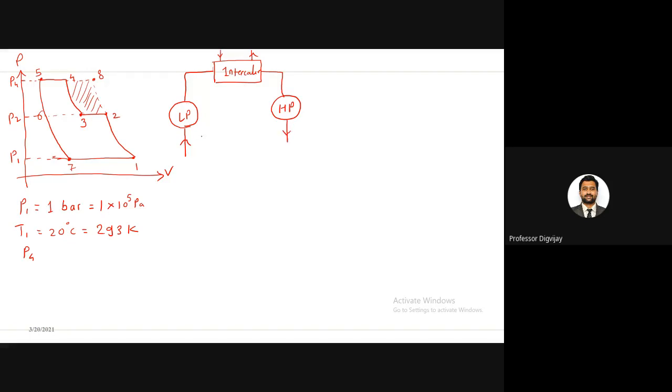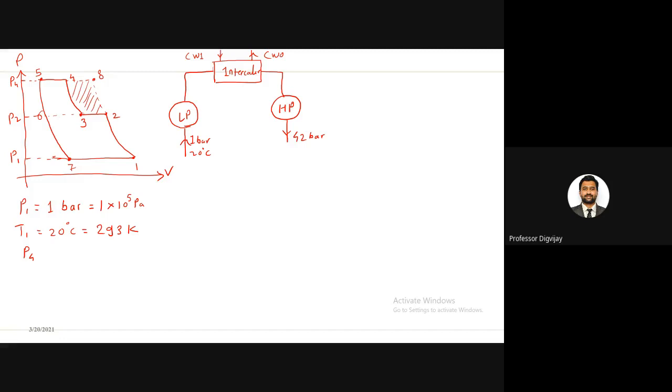Okay. So here air is coming at 1 bar and 20 degrees Celsius. After compression, its pressure increases as well as its temperature also increases. So here we have some high pressure and high temperature air. Then we are passing it to the intercooler. In the intercooler, there is cooling water coming in, and there is cooling water out. Okay, so this will absorb the heat from the hot air. Then we have high pressure but somewhat lower temperature air, which will go to the high pressure compressor, and at the outlet we have 42 bar compressed air. So this is the circuit for this two-stage compressor.